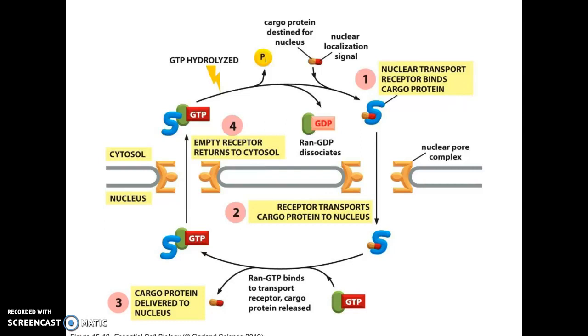Now, the GTP gets hydrolyzed. The RAN just does this on its own. It doesn't need another protein to cause the hydrolysis. But when GTP goes to GDP through GTP hydrolysis, the GDP bound RAN does not like the transporter protein and dissociates from it. And so this RAN GTP, RAN GDP cycle is how we move proteins from the cytosol